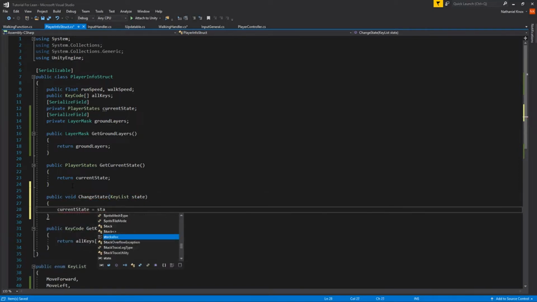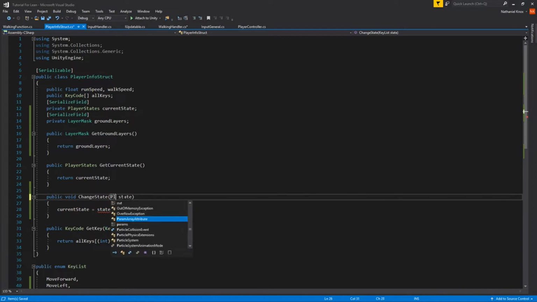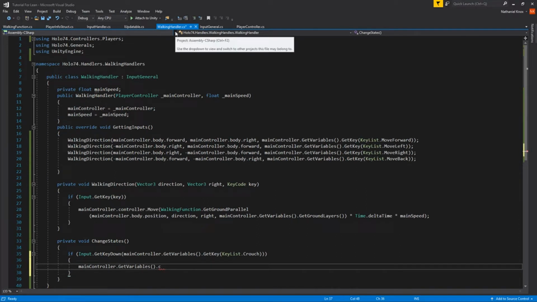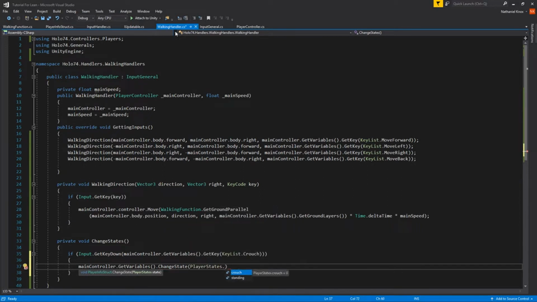I was wrong. Player states. Now we can come back into here and say dot change state. Player states dot, and if you're crouching,